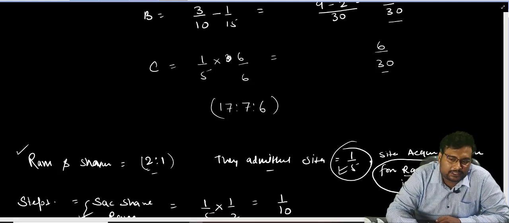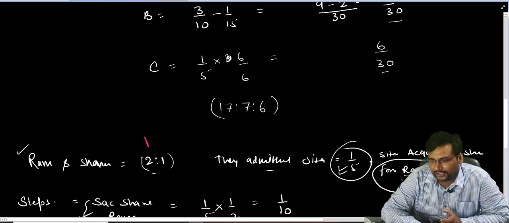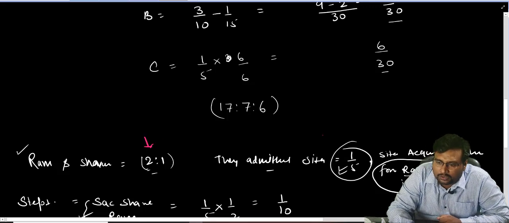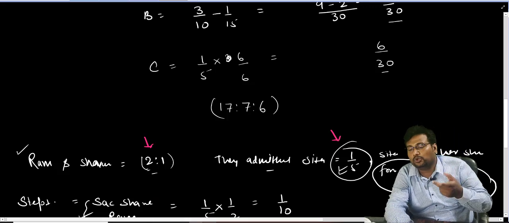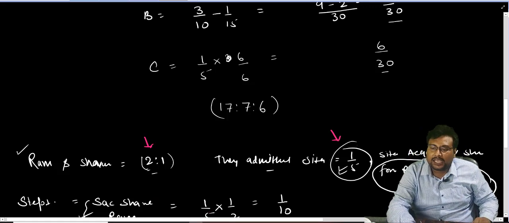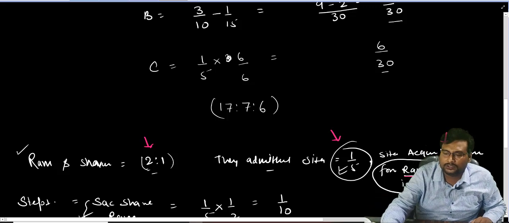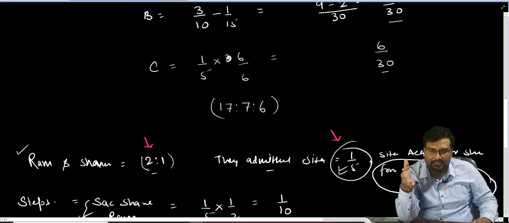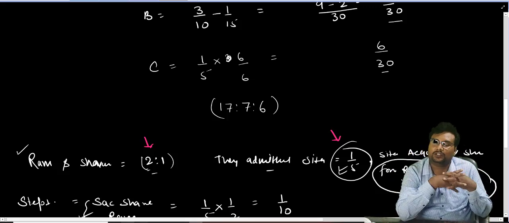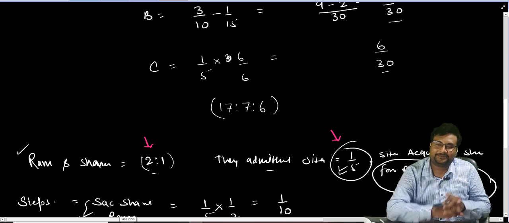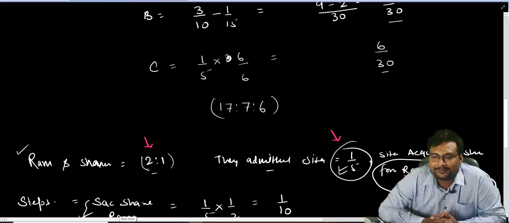So look at it beta, first information is present about old partner share. Second information is present about Sita's share. And third information is also present, which makes it case number 2, that Sita acquired her share from Ram and Shyam in equal ratio. And equal ratio is what beta? 1 is to 1. So now just try it for a minute, and after that we will proceed for the same. Okay.